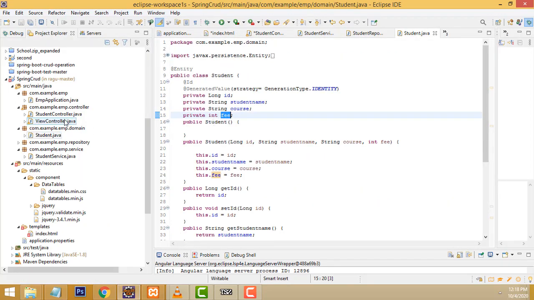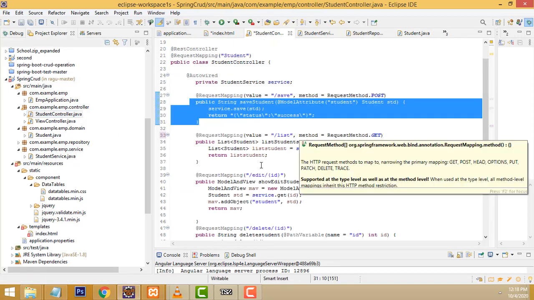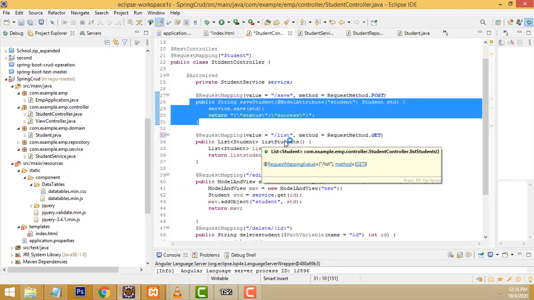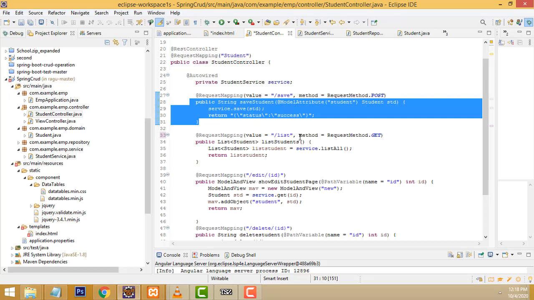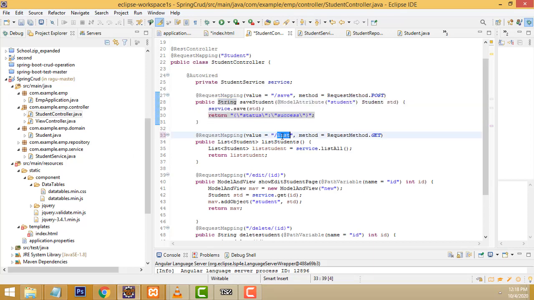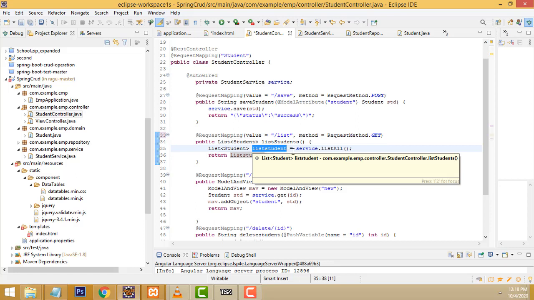Now, because it is a controller, when the page is loaded, it goes to the controller. Which controller? We are calling the student controller list action method. Here we have to get, this one should be the get request. So here it's loading all, it should be the list, all the student list, student class. This is a student class. All the properties will be loaded and put in the list.